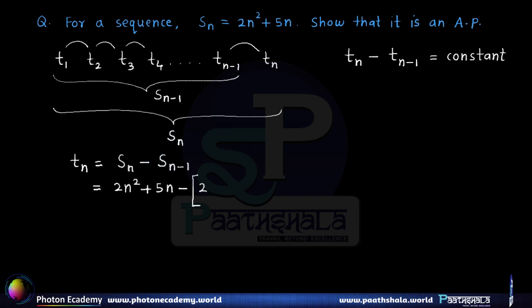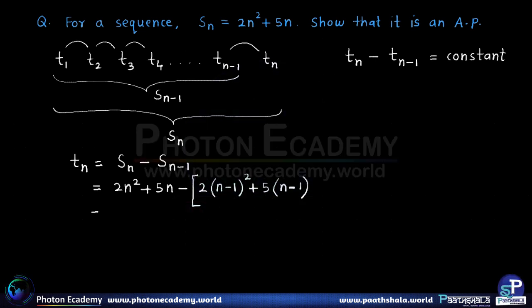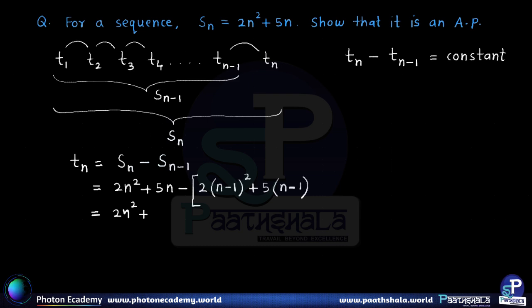So 2 into n minus 1 the whole square plus 5 into n minus 1. Alright, so which in turn gives us 2n square plus 5n